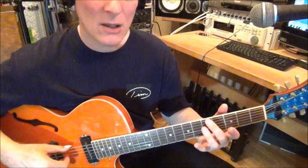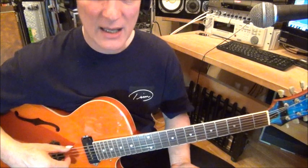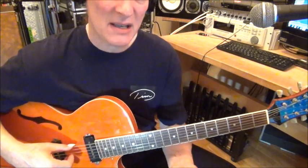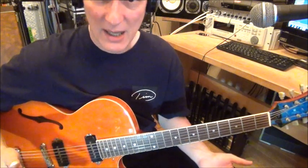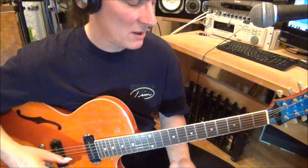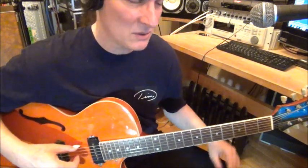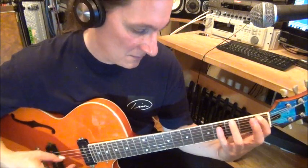Now, if we go up the neck according to the scale that we're going to talk about for the bass line, which in this case is going to be an F Aeolian scale, which means the sixth note of the scale is flatted in relation to a major scale where the sixth is natural. So it's going to be an F Aeolian scale is the technical name we're going to use, but don't worry about that. The point being that those notes are